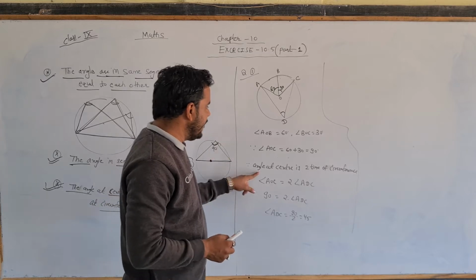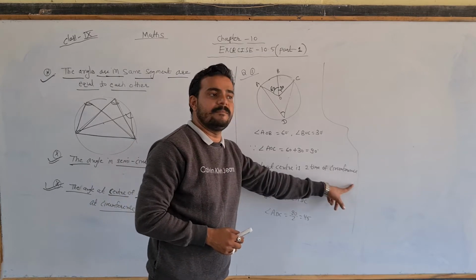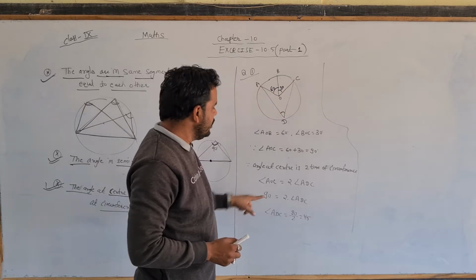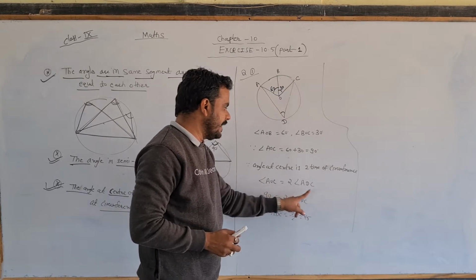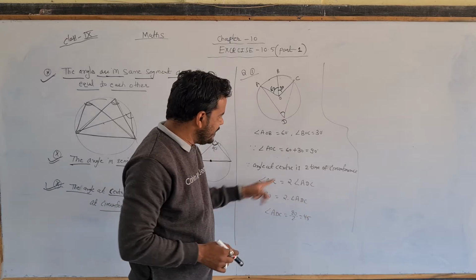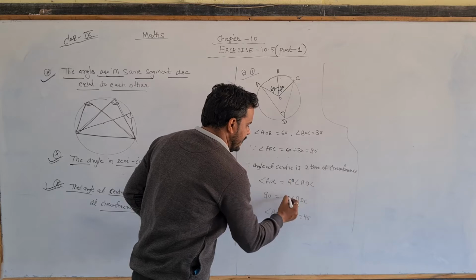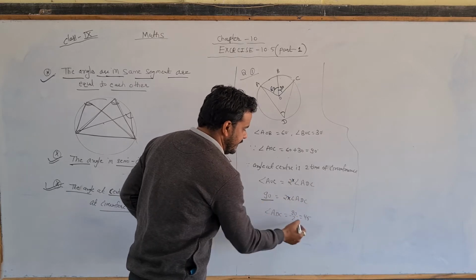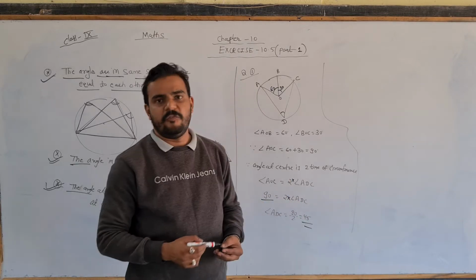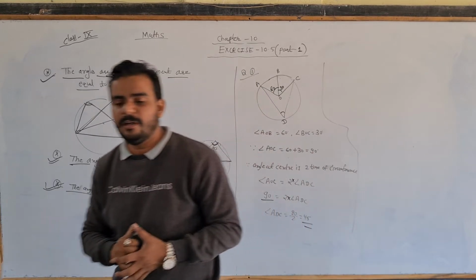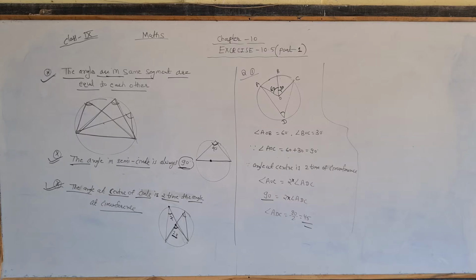As you know, the angle at the center is 2 times the angle at the circumference. So angle AOC is double angle ADC. AOC is already given as 90, and it equals 2 into ADC. So 2 is multiplied, which becomes division: 90 upon 2. The answer is 45. All questions are based on these three properties. So just take the screenshot, and after that we will start the remaining ones.